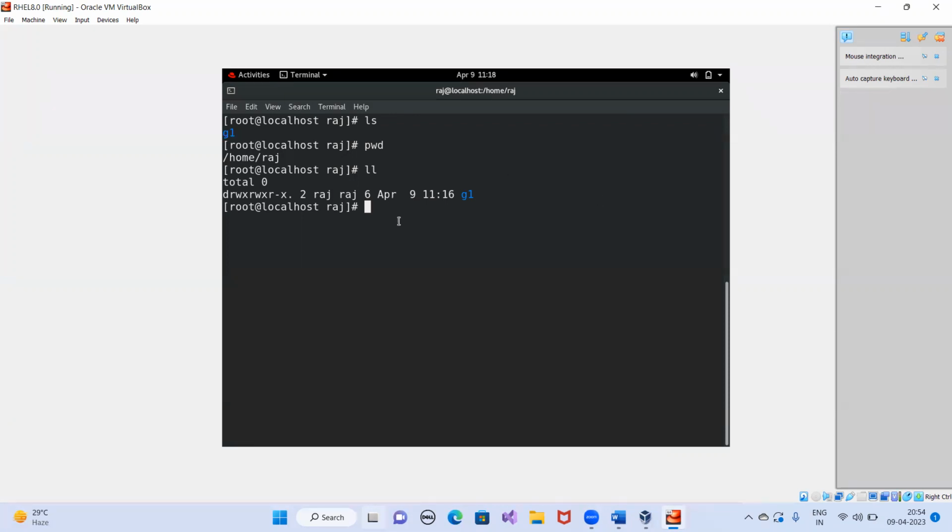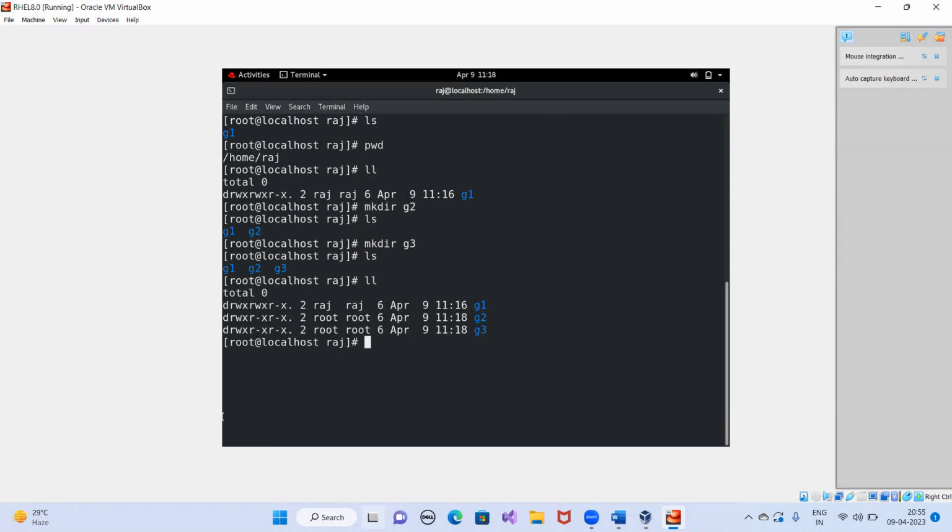Suppose I create another folder also, mkdir, suppose I am creating G2, enter, ls. So there are two folders now, G1, G2. Suppose I create one more folder here, G3, ls. So now there are three folders. If I do ll, you can see now there are three folders, G1, G2 and G3.